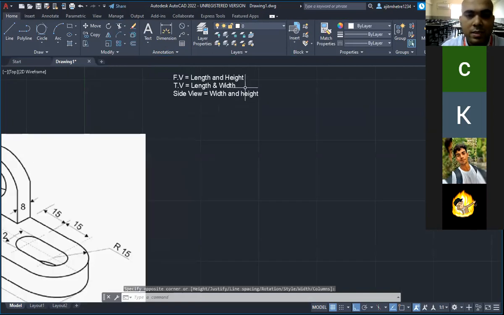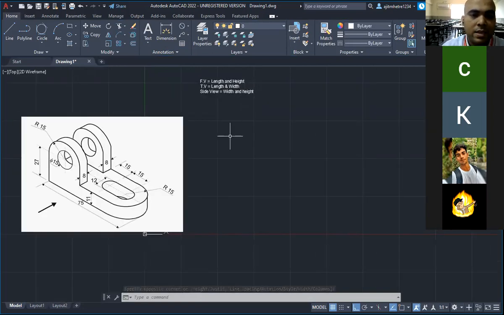Okay, so आपको क्या क्या दिखता है? फ्रंट व्यू में लेंथ हाइट दिखता है, टॉप व्यू में लेंथ एंड विड्थ दिखता है, साइड व्यू में विड्थ एंड